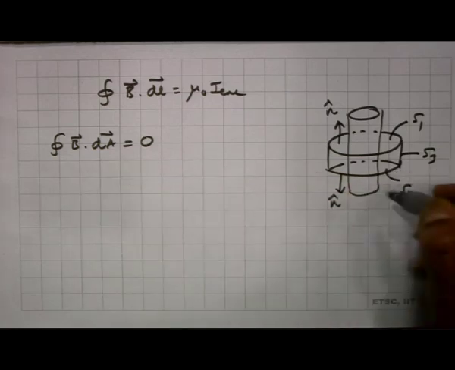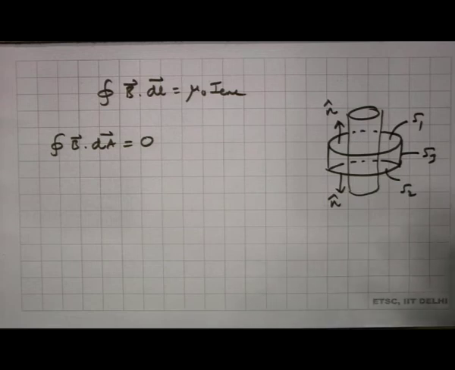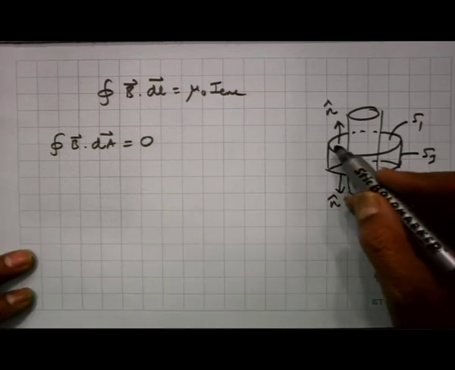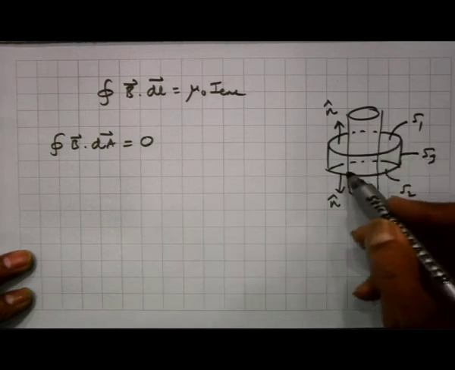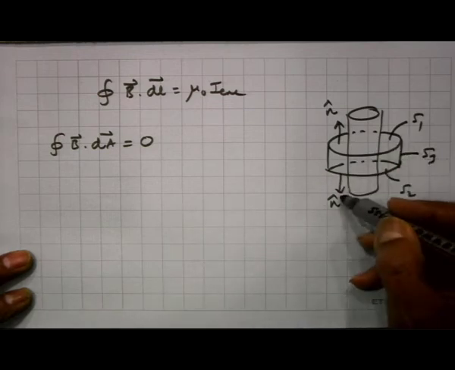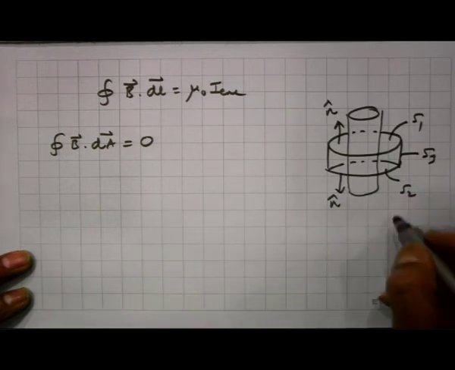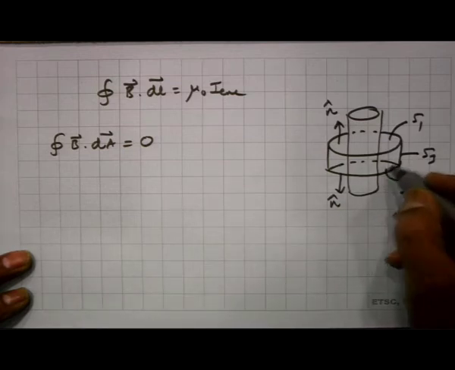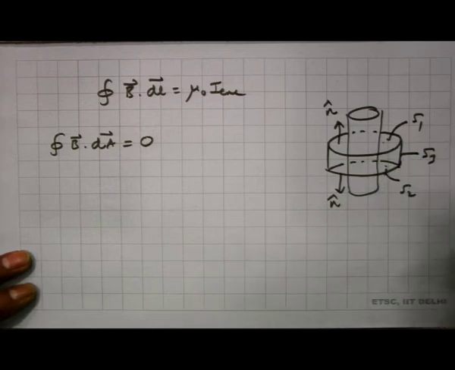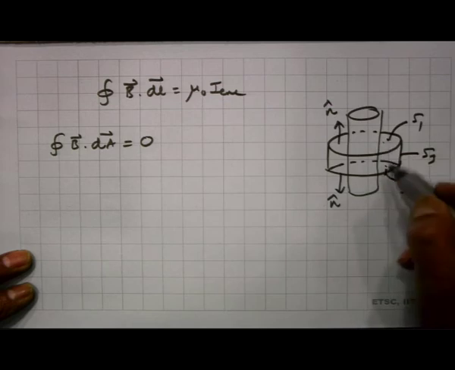The magnetic field is independent of this distance. So, you can immediately understand that the flux exiting from the upper surface must be exactly equal to the flux entering from the lower surface, because the normals are oppositely oriented. If the magnetic field happens to be pointing upwards, then as much flux is entering here as is getting out here, because the magnetic field here and here are the same, and the areas are the same. So, they have to cancel each other. The integrals over S1 and S2 just cancel off,